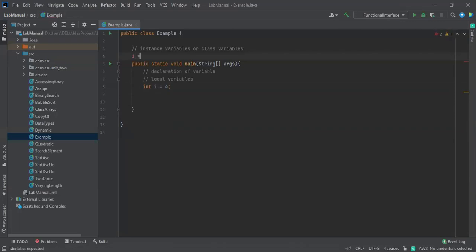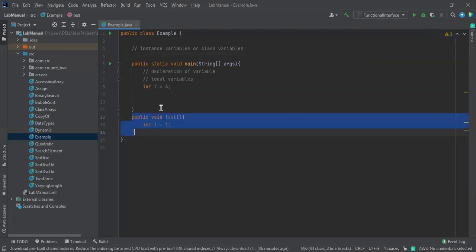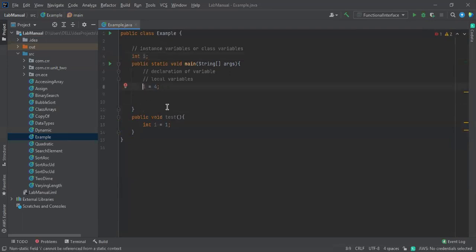int I. And one more thing I want to tell you, let me undo this. If we declare int I, this is the instance variable and there is no need to access it.